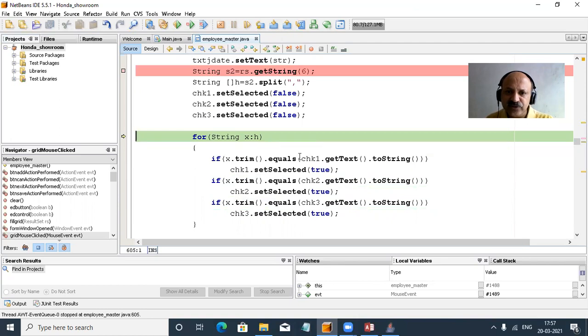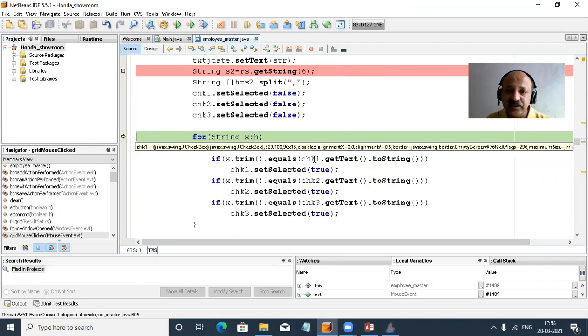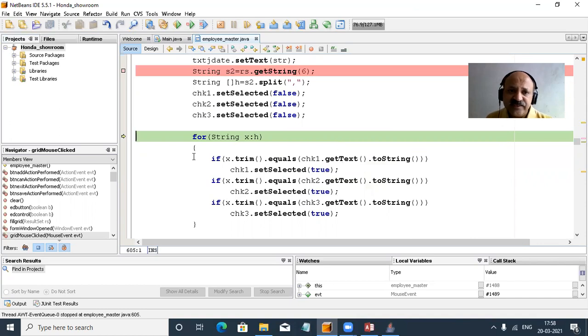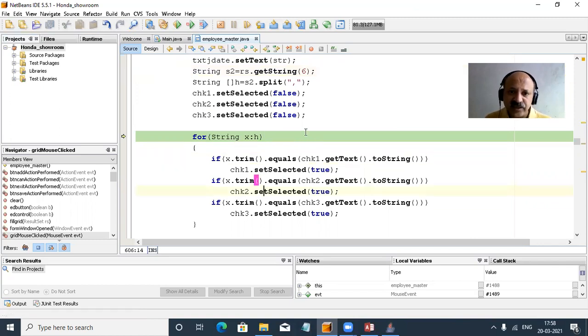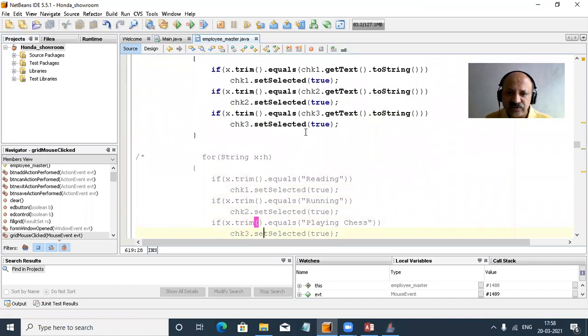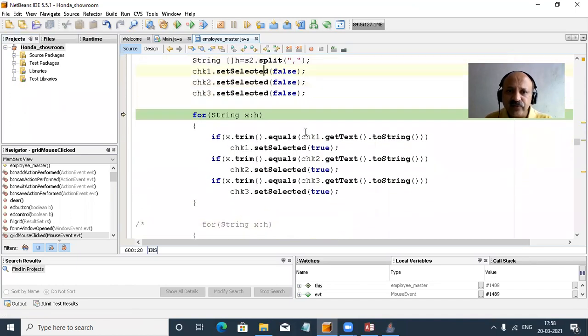So yes, first that is chk and the equals method. Yes, the string we can use. Yes, same coding in the first. So based on the first if condition we can copy and paste for the second and third checkbox, but the first does not work. Yes, that is creating a problem. So our coding is ready. Yes, I now cancel this bookmark and also this selection. So our coding works perfectly, but first I remove the string function.